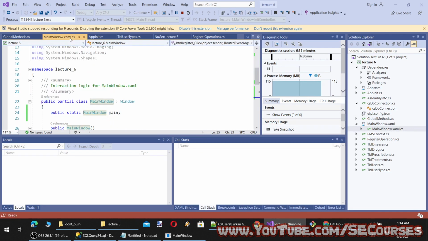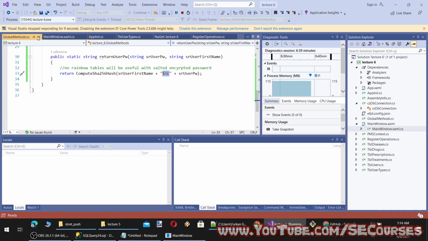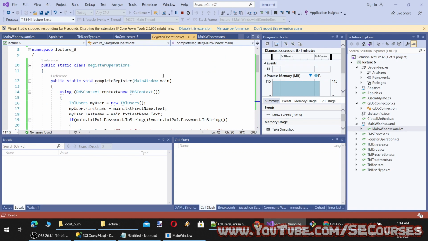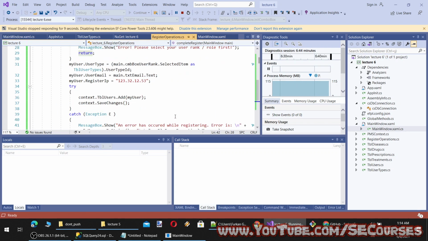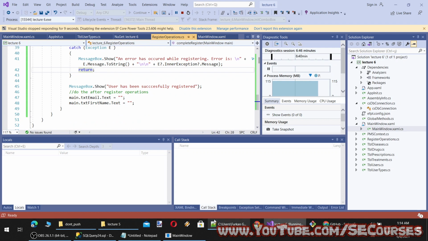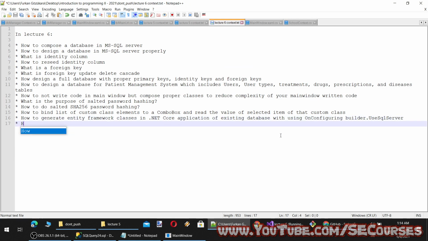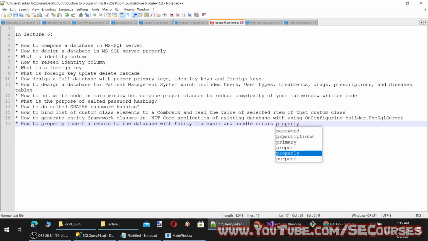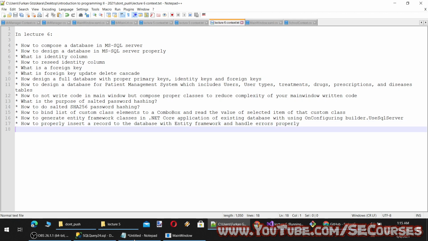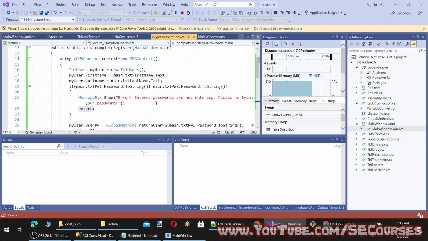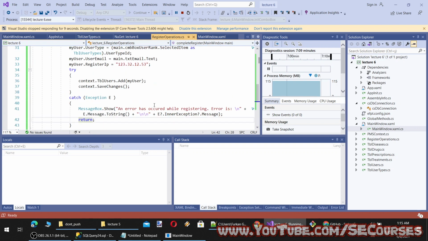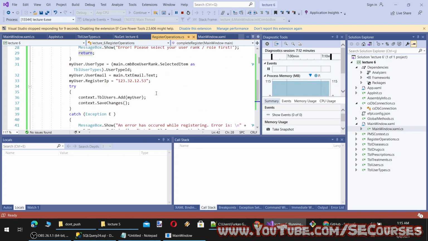So let's close this global method. Okay, and register operations. Let's say how to insert. Okay, and you see how easy it is to save a record with this approach.